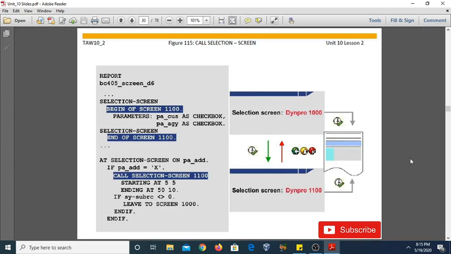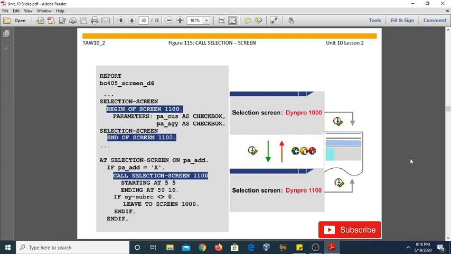As I have discussed about selection screens, generally you can create selection screens with the help of three statements. The first one is the PARAMETERS statement, the second one is the SELECT-OPTIONS statement, and the third one is the SELECTION-SCREEN BEGIN OF SCREEN and SELECTION-SCREEN END OF SCREEN statements. So we have three options by which we can create selection screens. You can work with several selection screens in one program also.